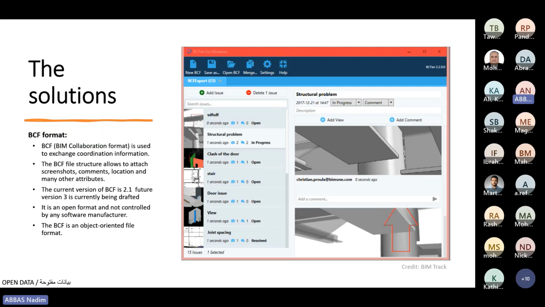BCF format from openBIM. So buildingSMART's BCF, BIM Collaboration Format, is a standard and neutral file format, as we discussed earlier, used to exchange coordination information. The information structure of the BCF open format allows attaching a screenshot, comments, location, and many other attributes used to identify the parties involved in solving issues. The current version of BCF is, I think, 2.1, and it is not controlled by any software manufacturer and is an object-oriented